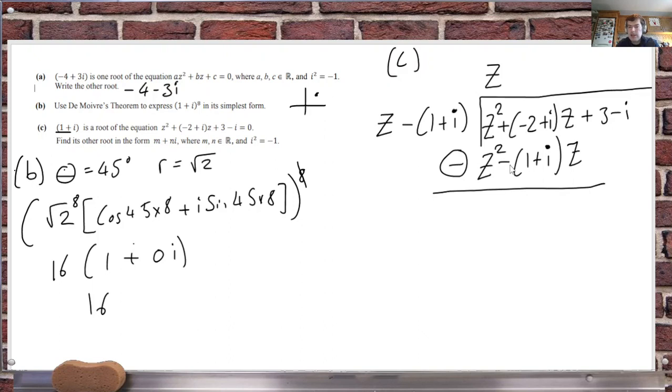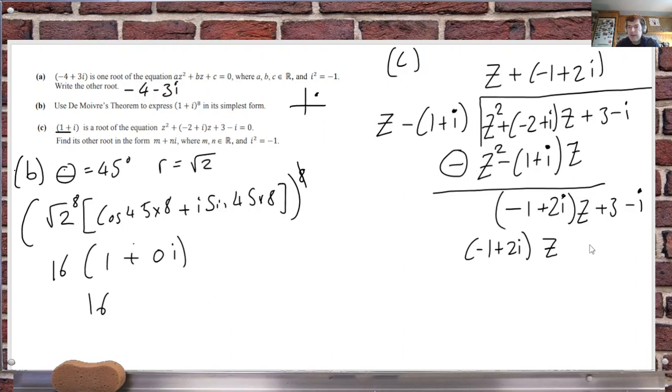Minus 2 minus 1 is minus 1, and then i minus i is 2i, and then carry that down. So the next term here has to be minus 1 plus 2i. If I multiply that out, minus 1 plus 2i times z is minus 1 plus 2i times z, and then hopefully when I multiply this by this, hopefully I should get